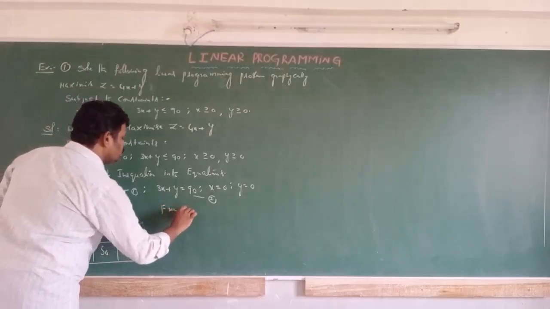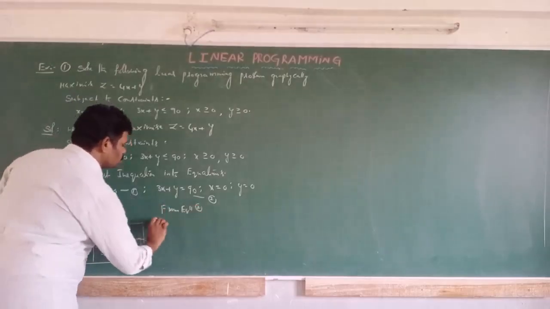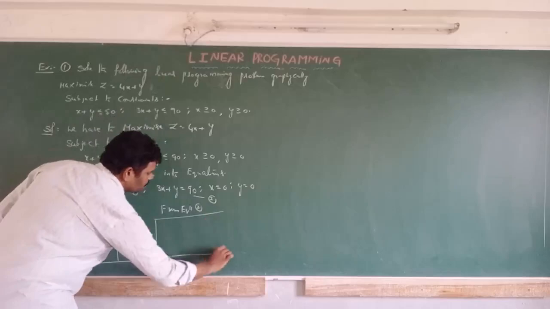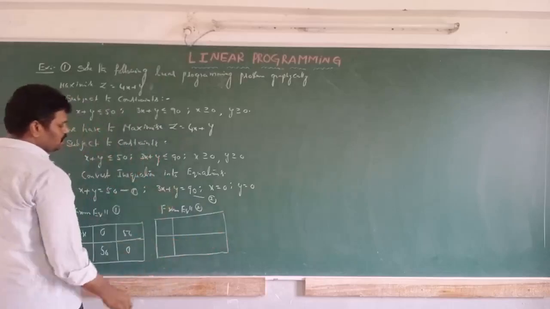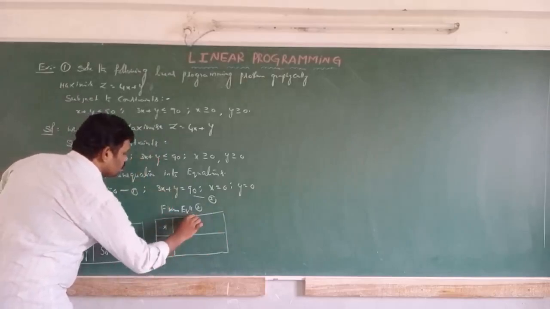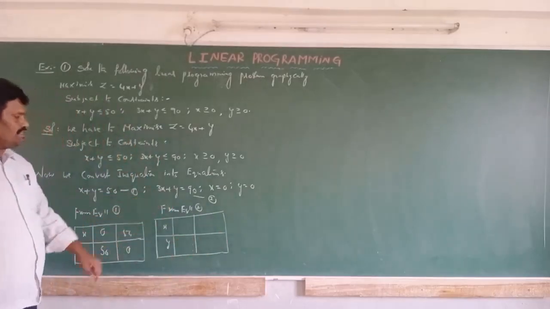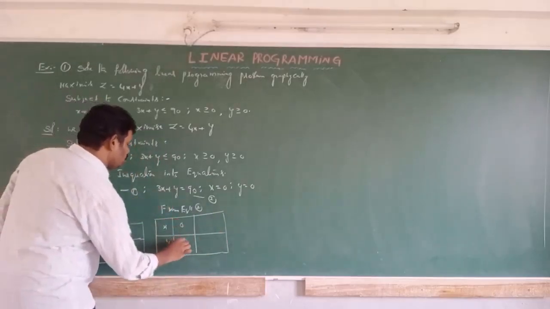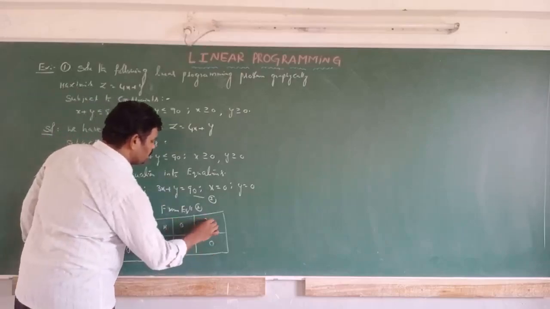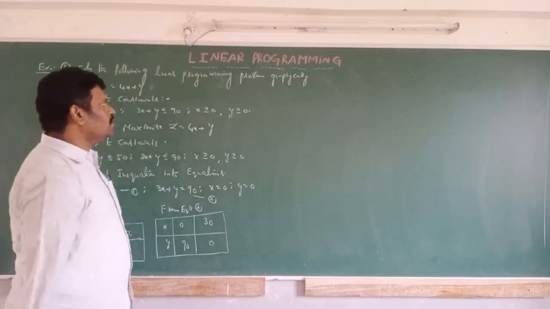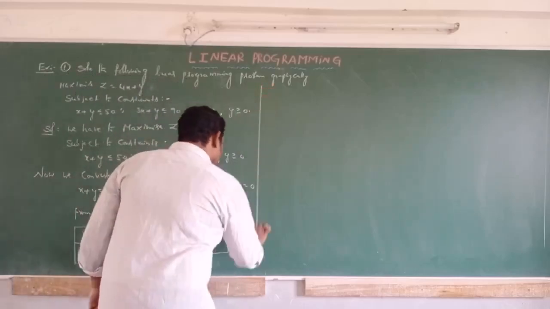And again from equation 2, we find two points. Now see, when x is equal to 0 is substituted, y is equal to 90. And when y is equal to 0, x is equal to 30. Okay? Now if you want to draw the graph of this given data,